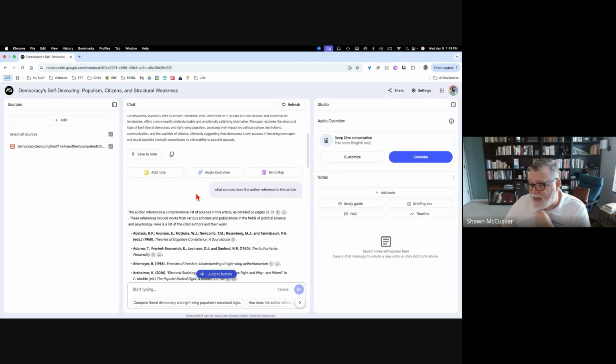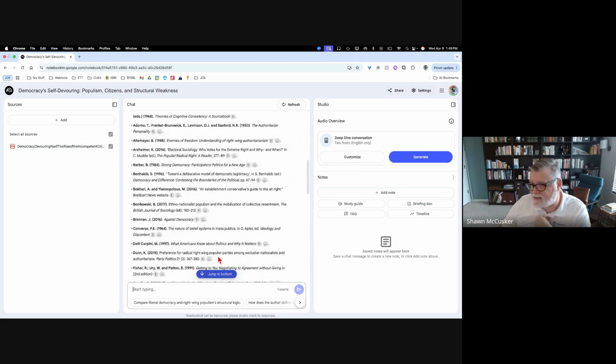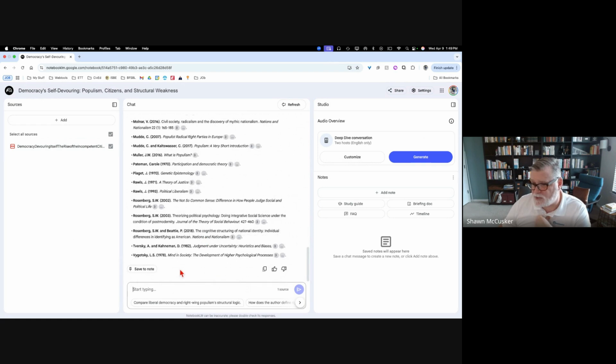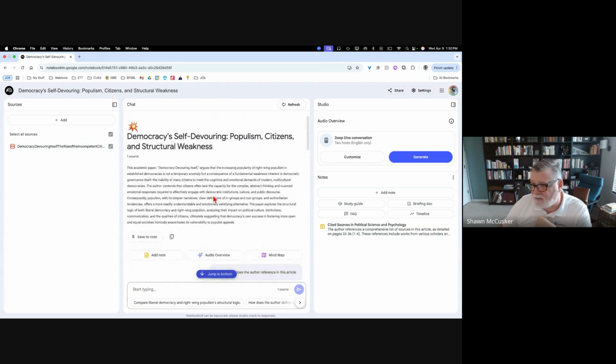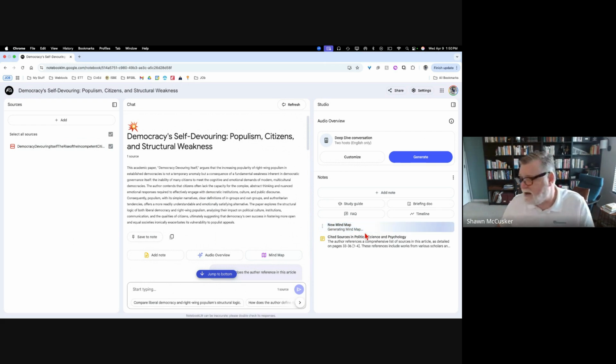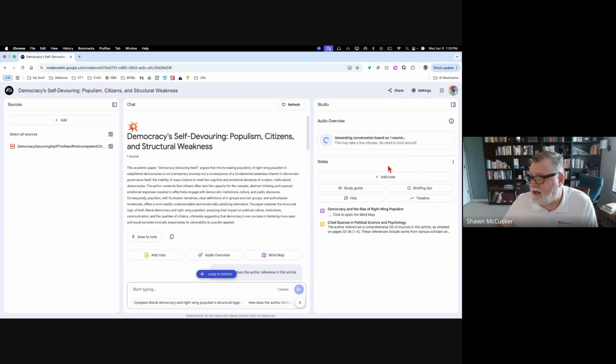And once I've done that, I can take this response that it's given me with all of the sources and I can click Save to Note. So now I have a saved note that has all of the sources. If I want an outline of this article, I can click Mind Map, and now it will add a new mind map over on this side that will generate. It'll take a few seconds like it does with audio. I can generate audio for the overview if I want to. And then there's some other features over here that you can easily use.